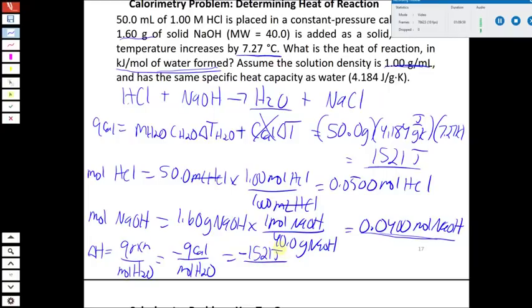And then we have 0.0400 moles of limiting reactant, meaning we form 0.04 moles of product. And then we have to multiply by 1 over 1,000 to get that into kilojoules, as we specified here. So we divide heat by the moles of substance to convert to kilojoules, and we get minus 38.0 kilojoules per